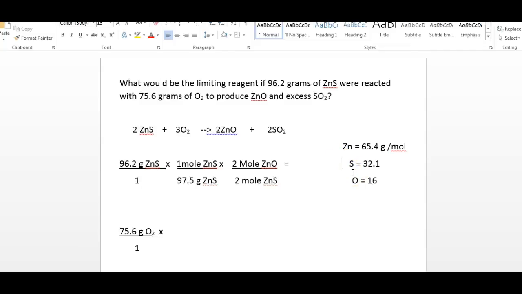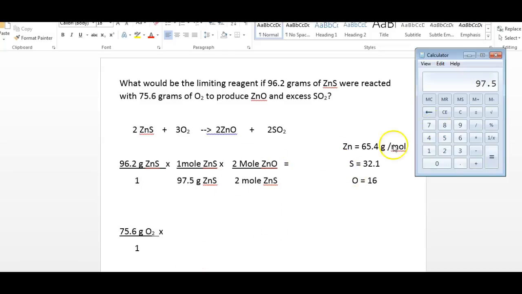If we just do the math, we get our calculator out, and we go 96.2 times 2 divided by 97.5 divided by 2, and we get 0.986. So let's do it again one more time to make sure we got it right. This time we're not going to worry about these 2s. They're going to cancel. So then we do the math, 96.2